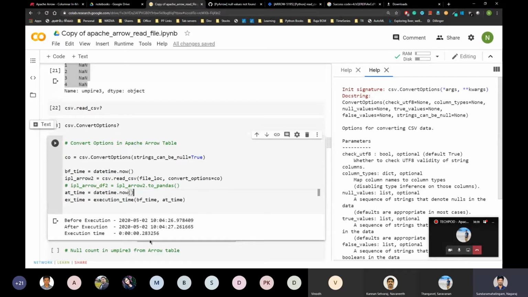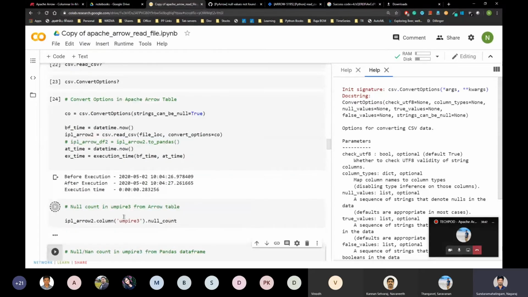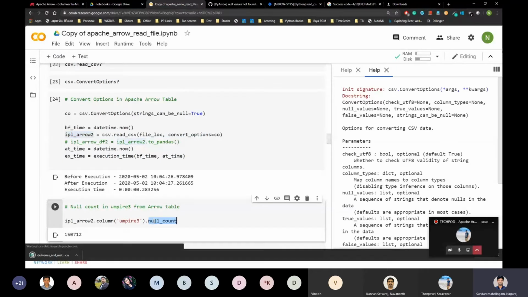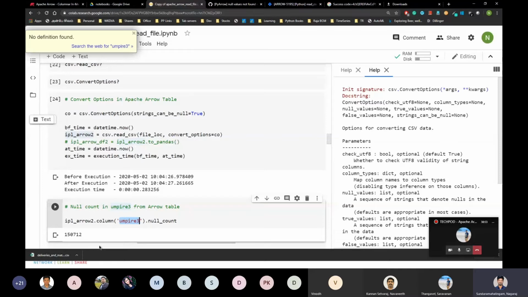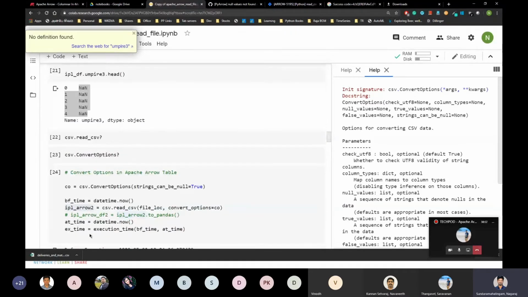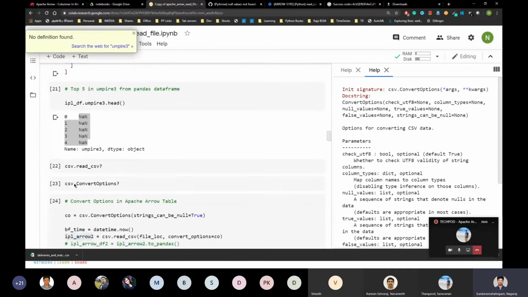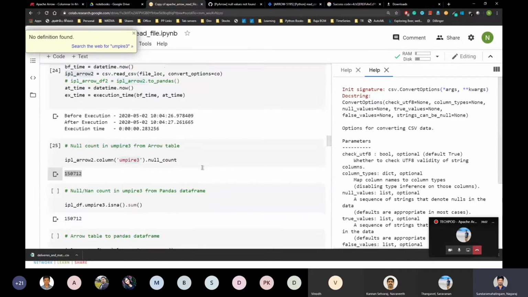So I'm storing that value to arrow2, another variable. Now I'm taking the null count of the umpire 3 column, and there are this many nulls. Earlier it said 0 because it read null values as empty strings. So that's the difference, you can set that.